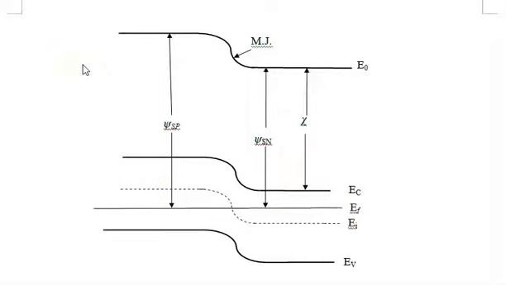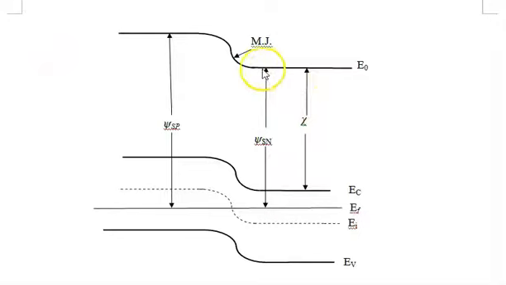And the other thing we note here is that the band bending, if it's about 0.3 on the right side, is the same as the band bending on the left side. So if it's 0.3 on the left side and 0.3 on the right side, the total band bending would be about 0.6. That is a little bit on the low side. Generally, the band bending for a typical device would be in the range of 0.8 to 0.9, much greater than the Schottky barrier.